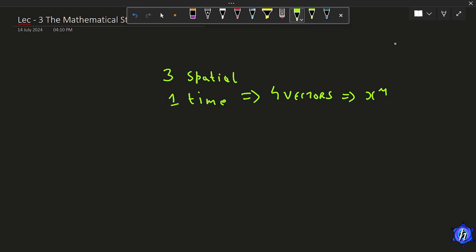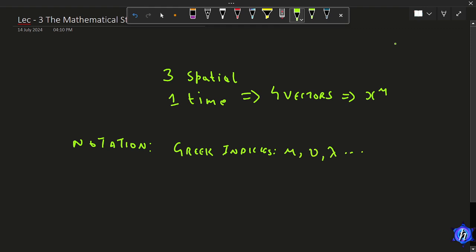I want to be a bit careful about the notation here. We will use the Greek indices. Greek indices include mu, nu, lambda, and so on. They take the values 0, 1, 2, and 3. We will mainly use the Greek indices for defining the components of four vectors,